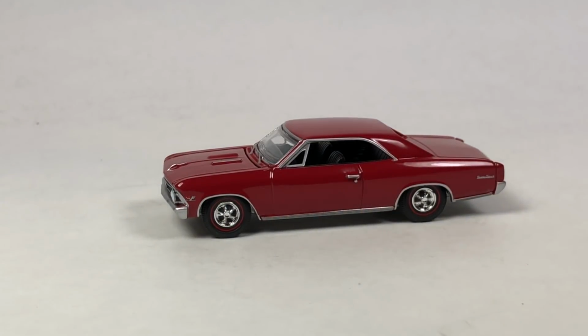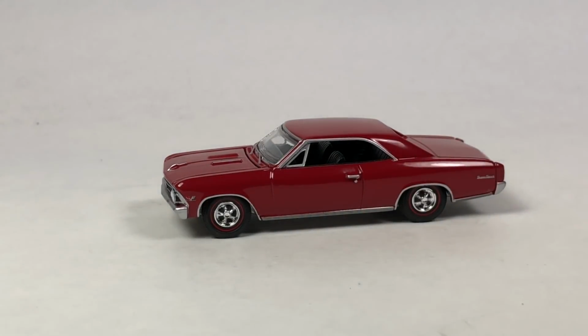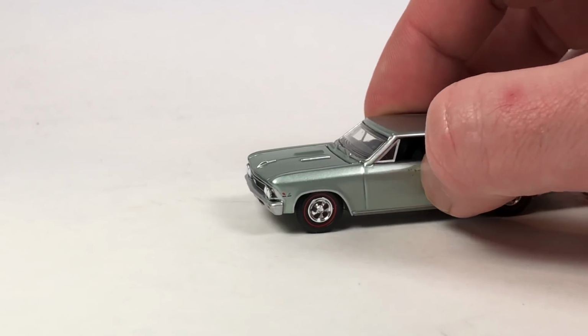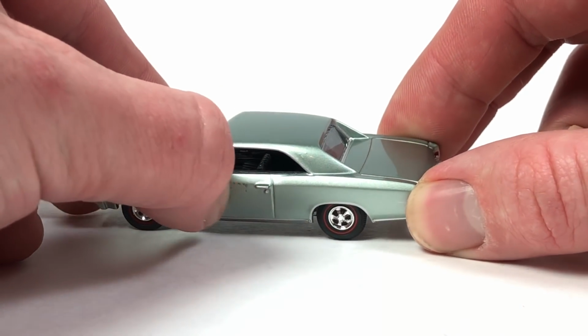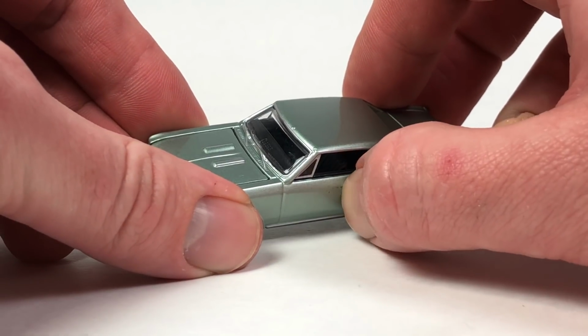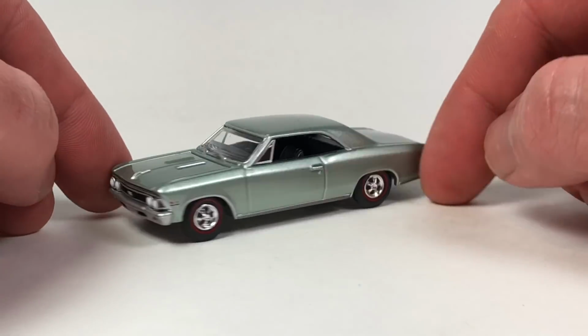And then I've also got set B from License Premium Release 3, which is this guy right here. Go ahead and open it. And here it is. And this one's got a little paint flaw on the side of it that I just noticed. So I pretty much hoard these License Premium cars, at least this release 3. I don't know if I can get that off of there or not. Oh yeah, whatever that is, it's coming off. I can take it off camera, but